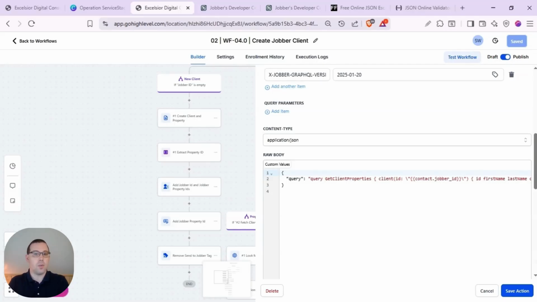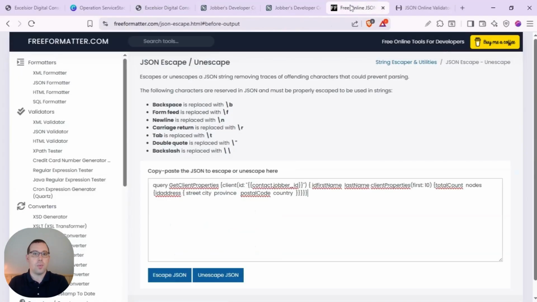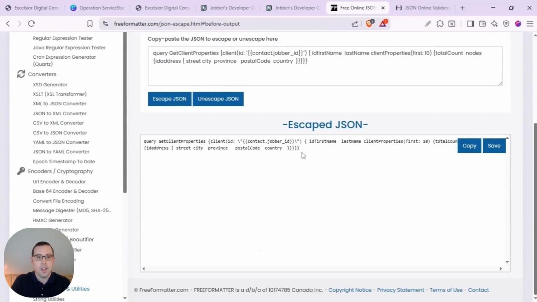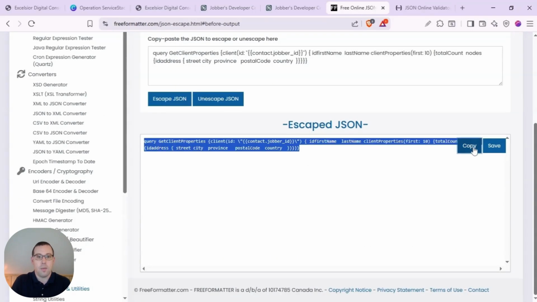So how can you take the query from GraphiQL and turn it into this? Well, there's a couple tools that we can use. First one is a JSON escape or unescape tool. And I've taken the get client properties query and removed all the line breaks and added in a HighLevel merge field, the one that we're going to be using here. And then I can simply click escape JSON. And this is the data that we can use